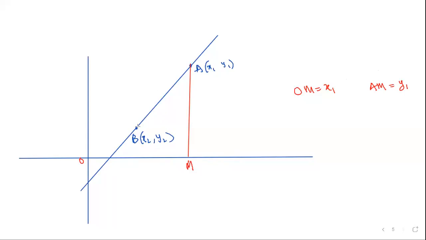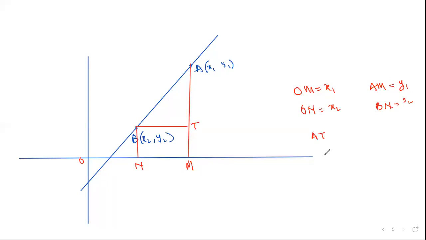If I draw a perpendicular to the y-axis like this, what is ON? And what is BN? They are x2 and y2 respectively. If I draw a perpendicular like this, BT,